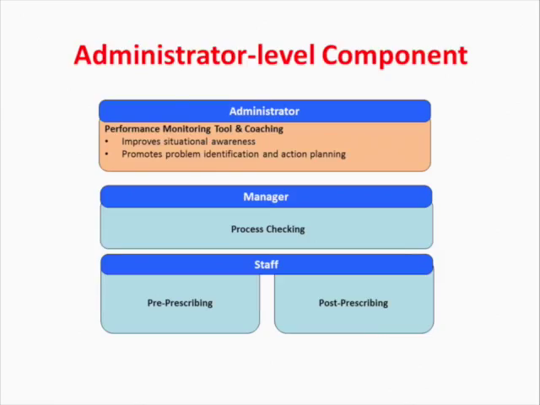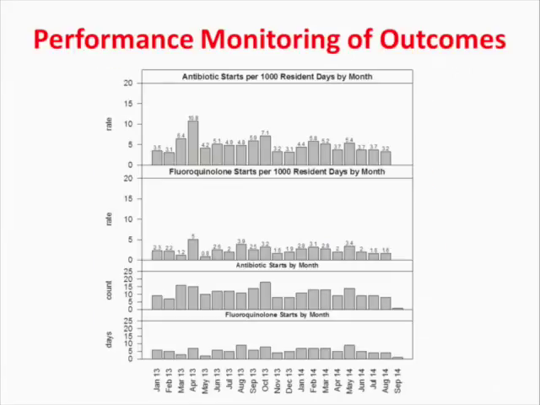At the performance monitoring level, we have opportunities to improve situational awareness at the organizational level, building up from the process checking information on a day-to-day, so that we have a monthly and quarterly view of what is happening related to antibiotic prescribing, and we can identify problems and plan actions accordingly. One part of the performance monitoring is performance monitoring of outcomes, where the skilled nursing facility will be provided with information about antibiotic starts adjusted per 1,000 resident days for each month, as well as specifically